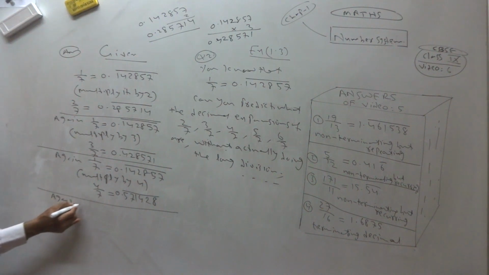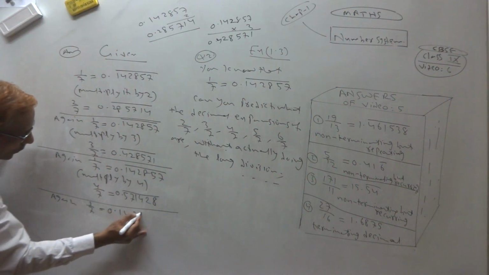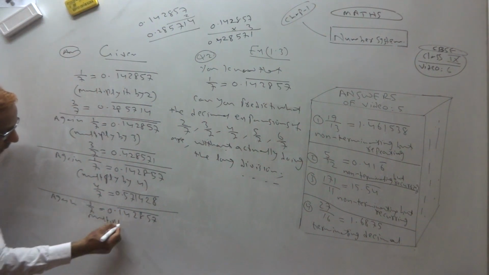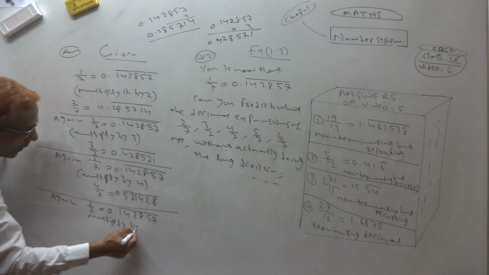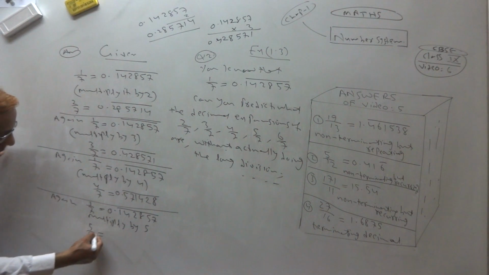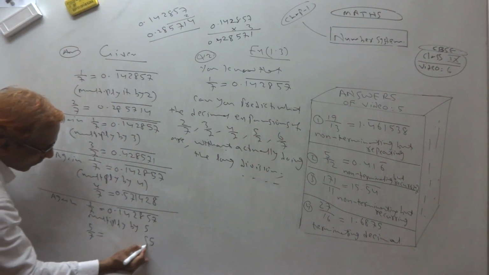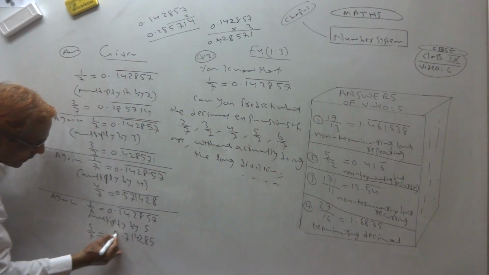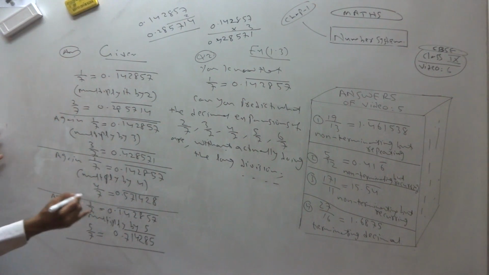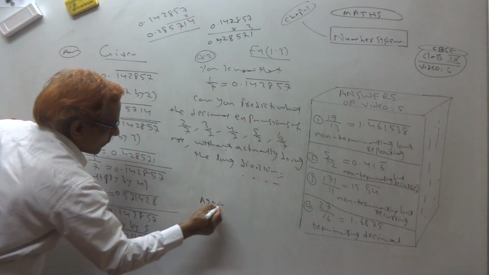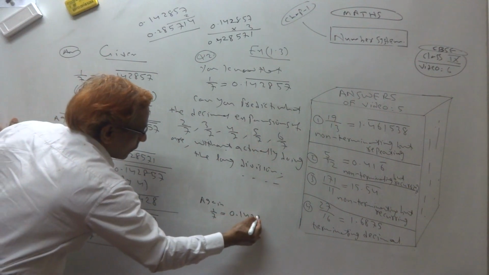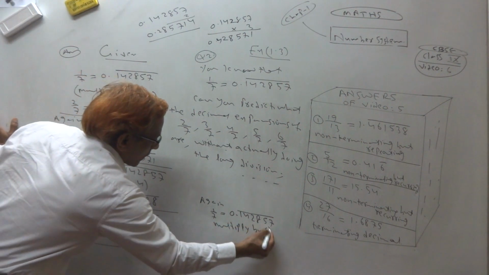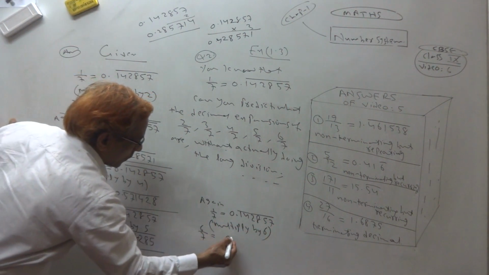Again, 1 by 7 is this, 0.142857. I need 5 by 7. So multiply by 5. So I get 5 by 7, 5 into this. Yes. Finished. Then last, again 1 by 7 is this, 0.142857. So multiply by 6. I get 6 by 7 is equal to...